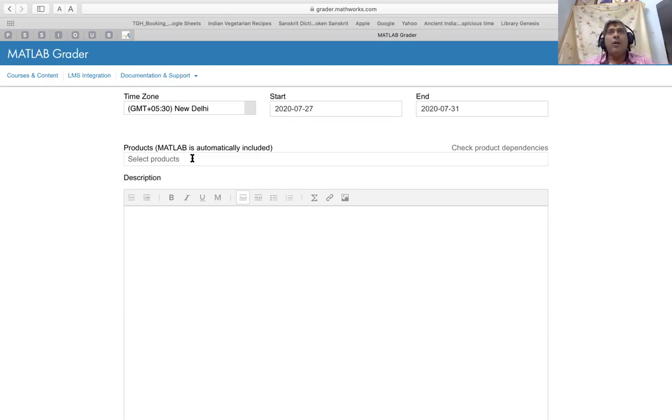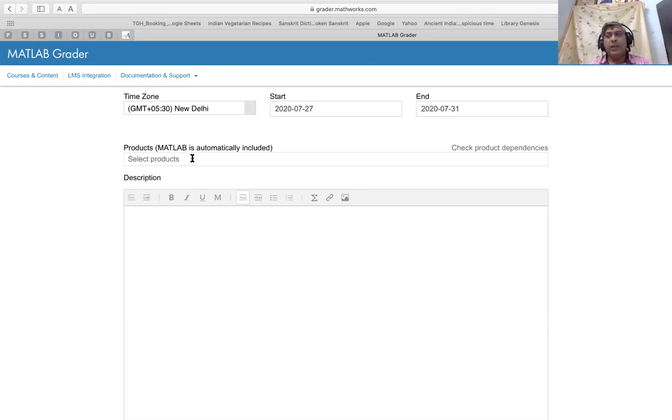That depends on what routines you expect the user to use. This is a simple problem that we worked out. But suppose I'm doing a parameter estimation and I'm using some routines related to optimization. Then I may have to add the curve fitting toolbox and the optimization toolbox.